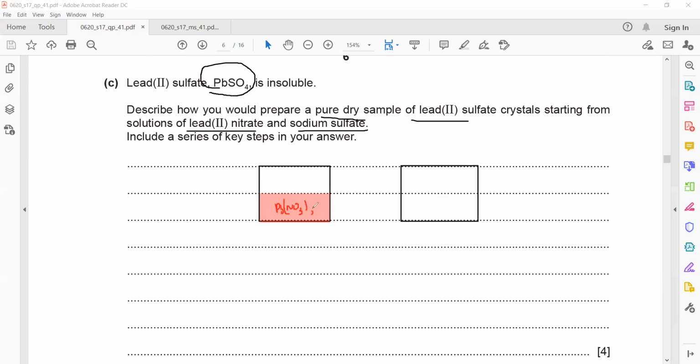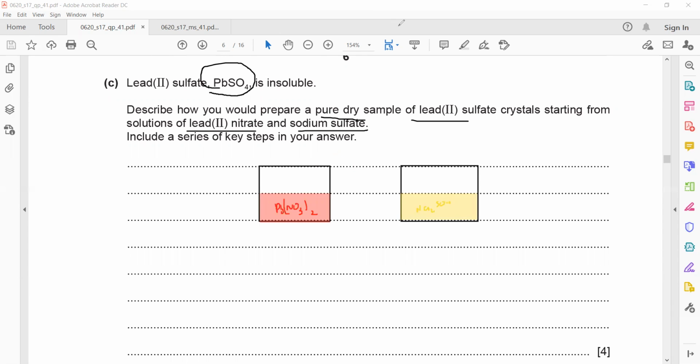This is the formula for lead(II) nitrate, Pb(NO3)2. And in the second container, we will take sodium sulfate. Sodium sulfate formula is Na2SO4. Before mixing them, it's better you write the equation for this reaction,